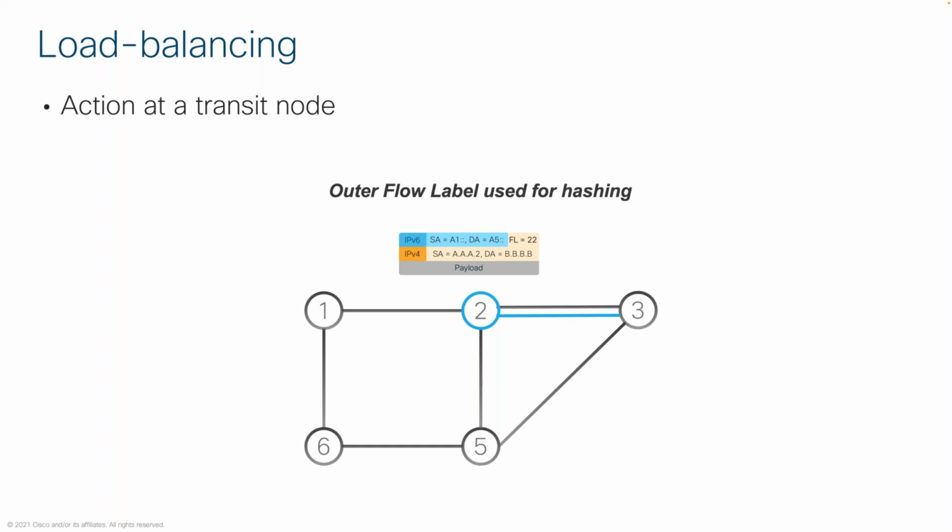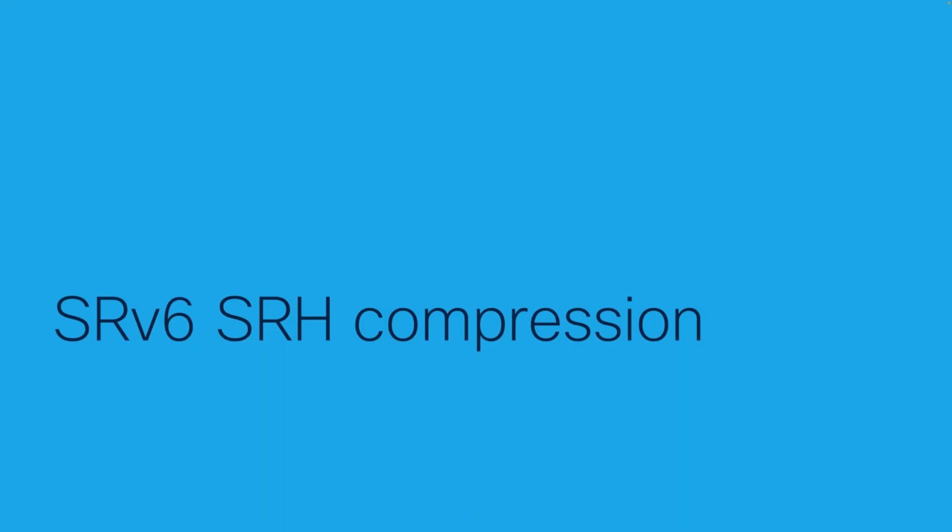Of course, there's nothing stopping an implementation from looking further into the packet, but once the flow label is set, there's really no need. The last topic I wanted to touch on,